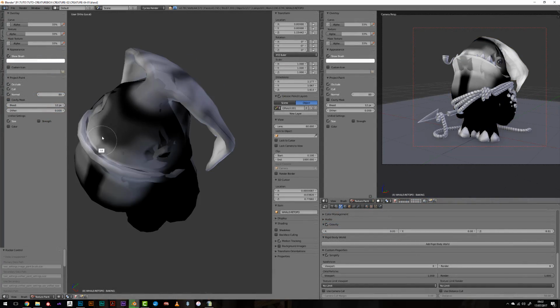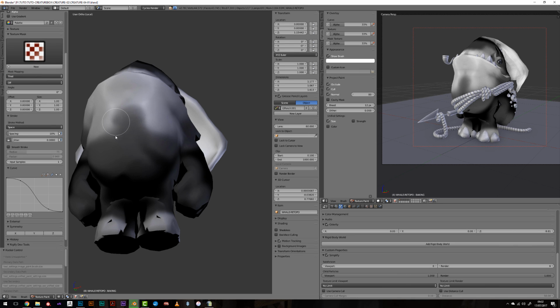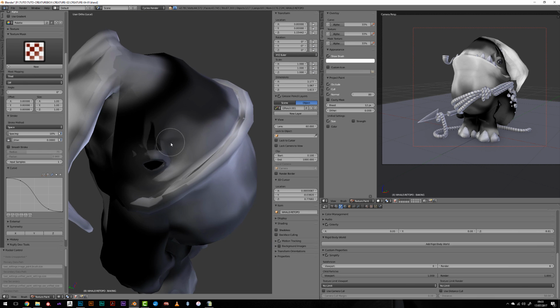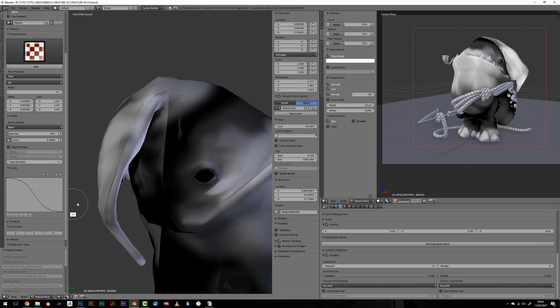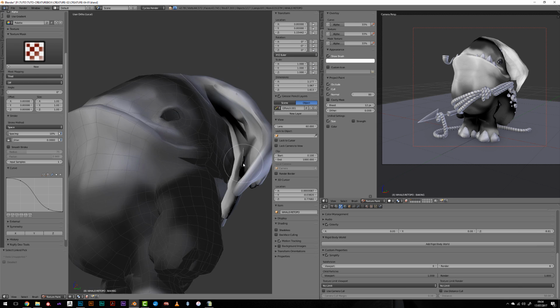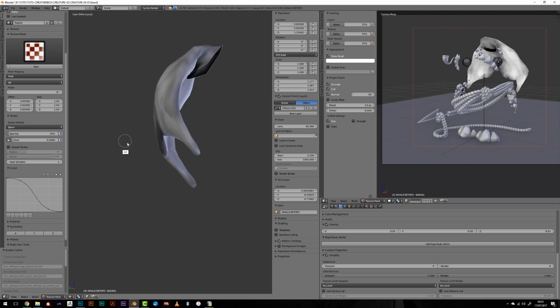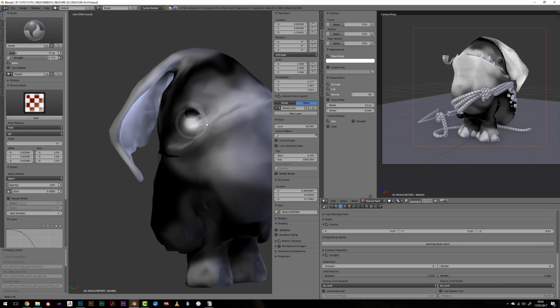So I now have to create this new map, which will be our subsurface scattering scaling map. This will allow me to drive the scale of the subsurface scattering onto my character. So I always go crazy white for the ears, or here our tail, we don't really know what this is, and around the eye and the mouth.